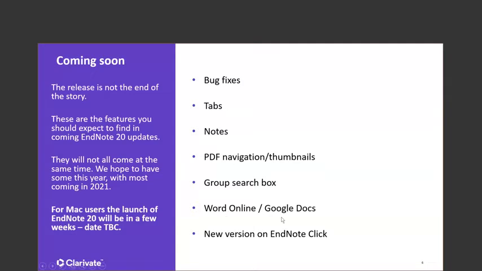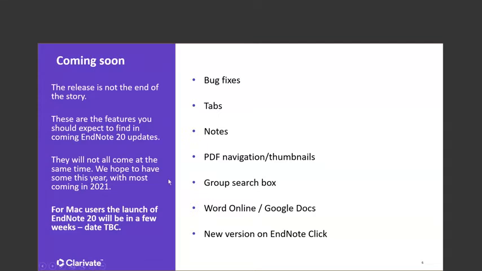Word Online and Google Docs will come a bit later down the line. They're still on our roadmap, but they probably won't be in the first patch. They'll be a bit later because there's a lot of work to go into those because they're both online writing tools, which we need to connect to. But the plan is to have the ability to cite while you write in those two writing tools. Word will come first because it's the bulk users, and Google Docs will follow on behind. And there will also be, independent of EndNote, a new version of EndNote Click coming as well, which I can give you a little bit of a snippet of today in the